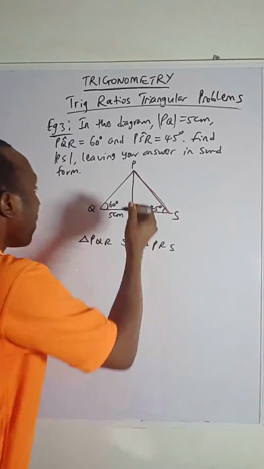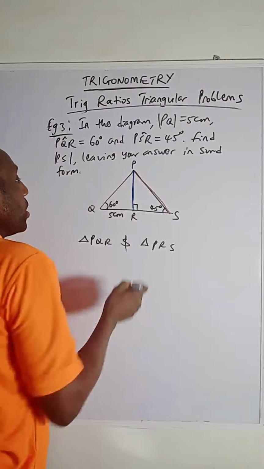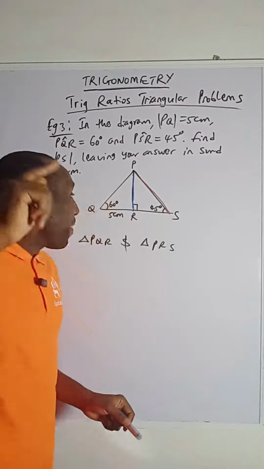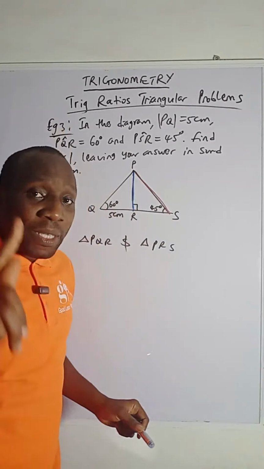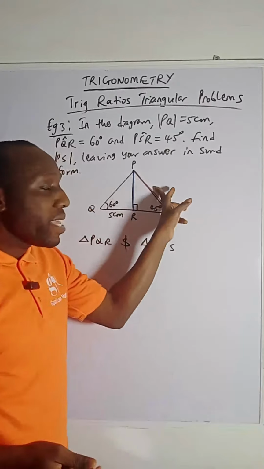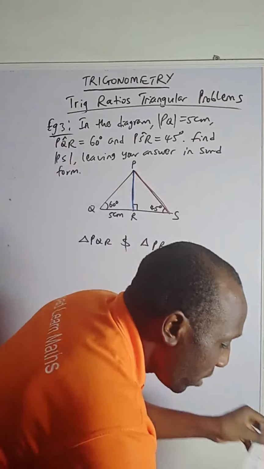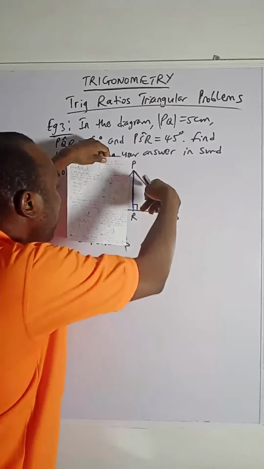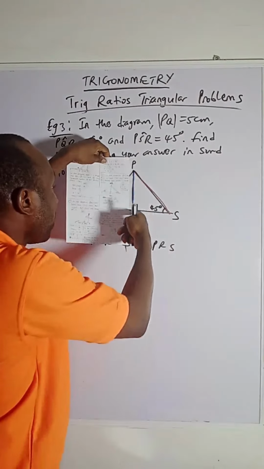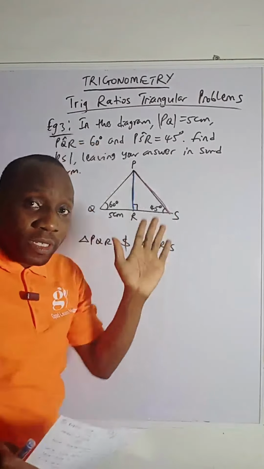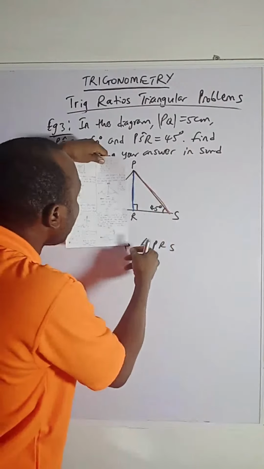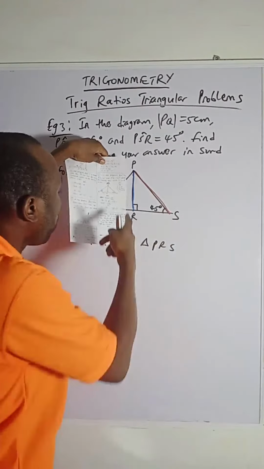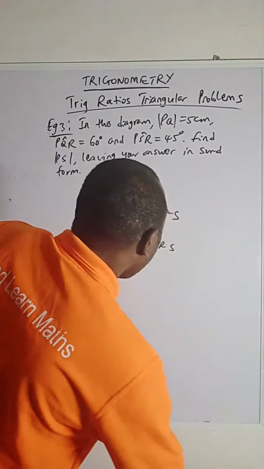And that's going to be our reference point. So this PR is common to both this triangle and this one. If I can get side PR, I can get side PS. If you get this side here, it will be easy to get this side. Something will lead to another. You cannot get PS without knowing this side or this side. But it's very possible to know what side PR is. So let's start by getting